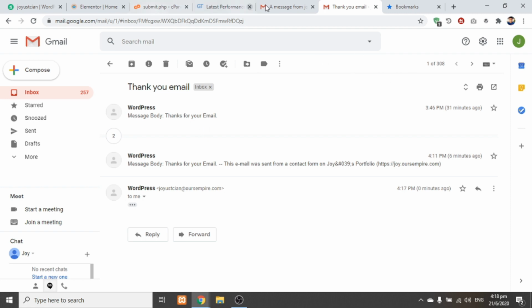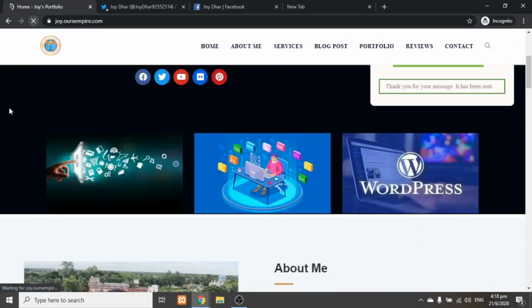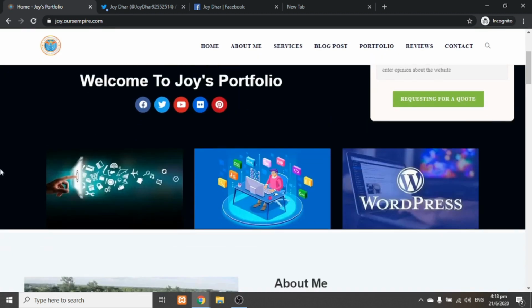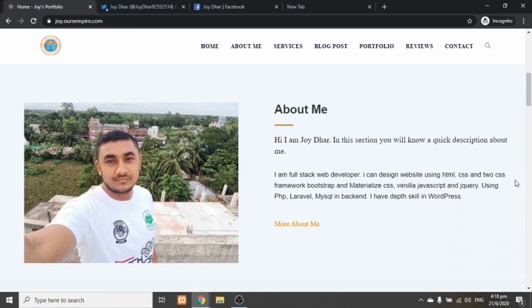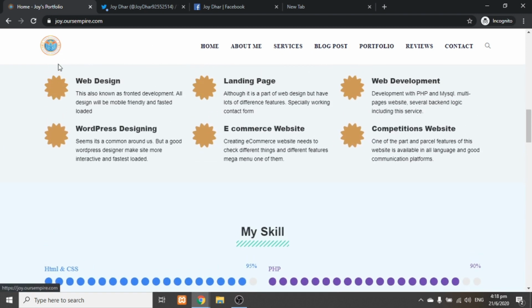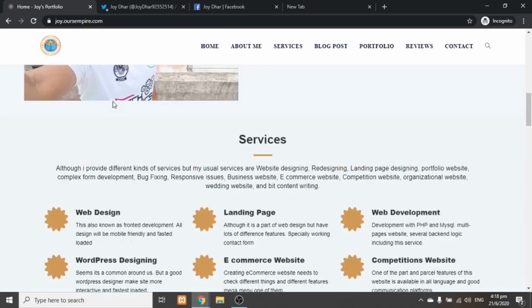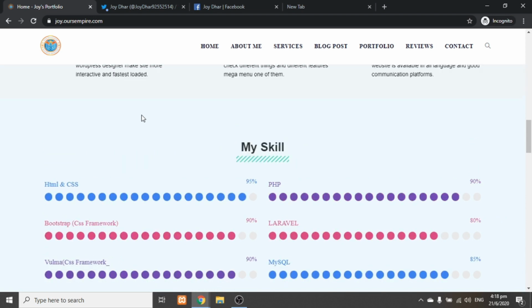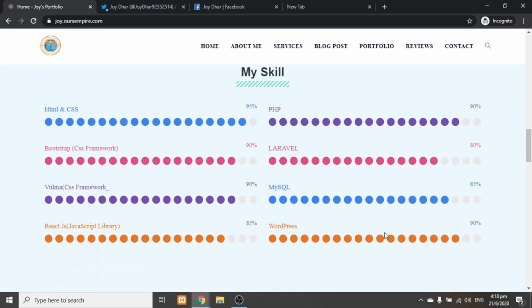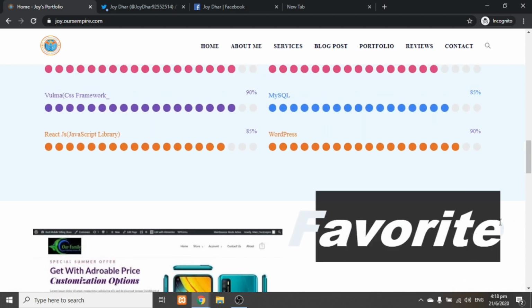And let's move to our website. Let me refresh it again. These are 3 images that represent my 3 skills: web designing, web development, and WordPress. There's a little about me and services. And you'll notice that here is a fixed, sticky navbar, it's not one page, that's why it's a scrolling navbar. And some animation of skills, a little bit, not much. And the favicon, you can notice the favicon is moving.